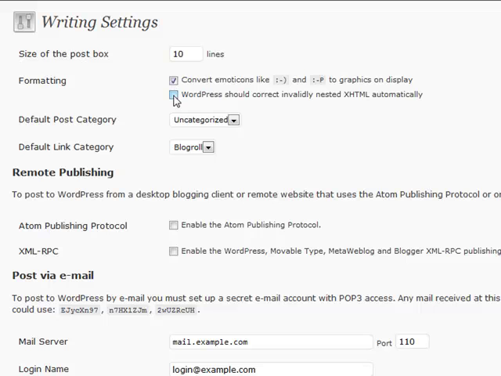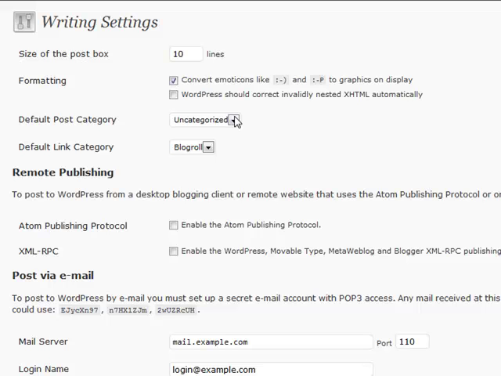But if you find that there's certain things that start to break in your theme as a result of you checking that, just sometimes if you uncheck or check this box, it'll fix that theme problem for you. So just something to keep in the back of your head in case you start to see that happening on your blog. Your default post category and link category, basically if you're posting in one section more than any others,